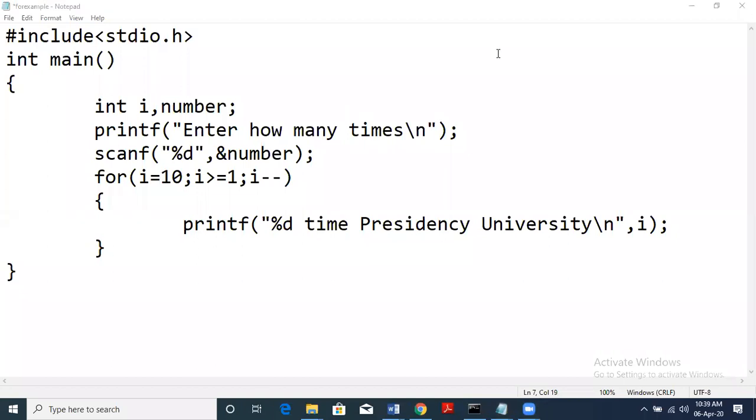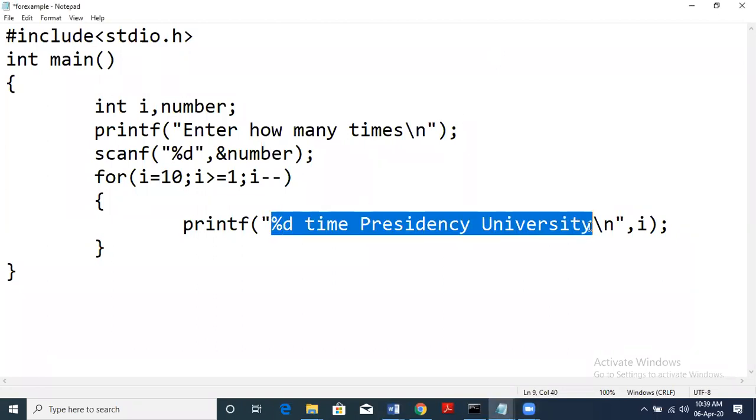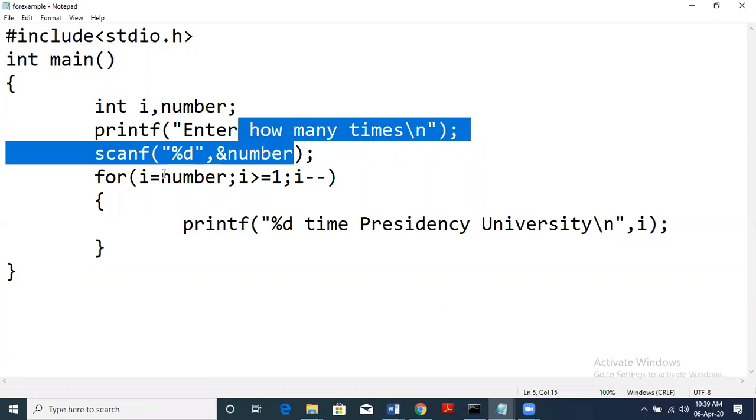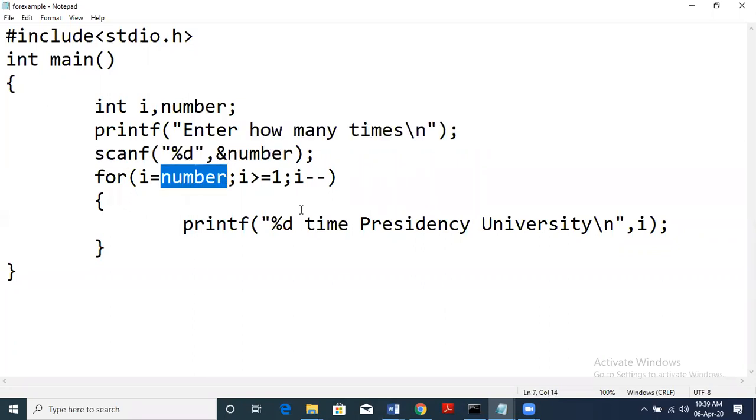In this case, we have decremented the values and we print Presidency University. If we want to print say 10 times, we can give it like this, or we can start from a number. Whatever number we give, that means we start from number. Let us see what happens here. We start from 10, that is input 10. We can directly give 10, then we need not take input here. If we are taking input, we can start from 100 also, right? We are taking number because we will start from whatever input we get.